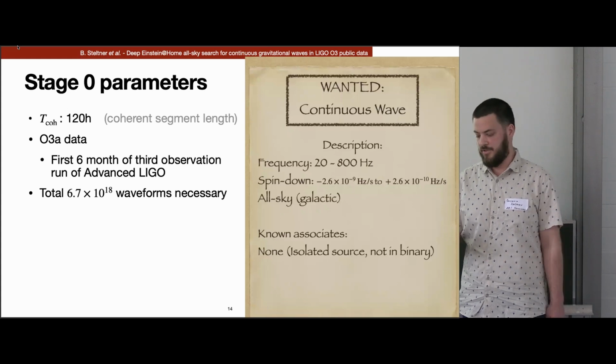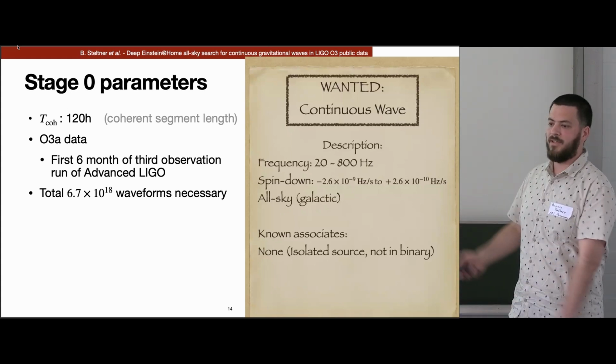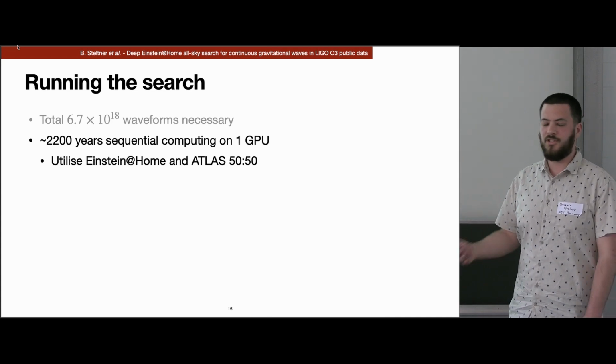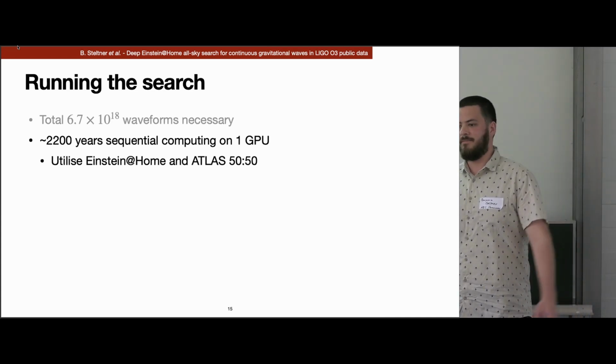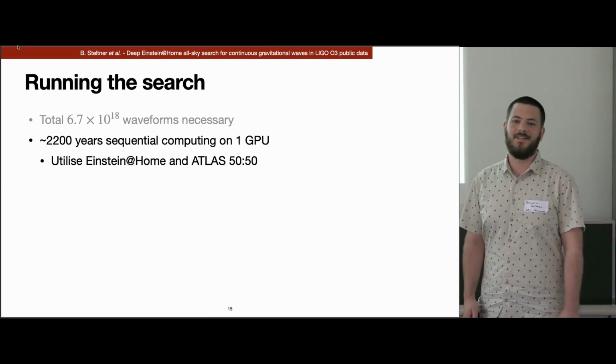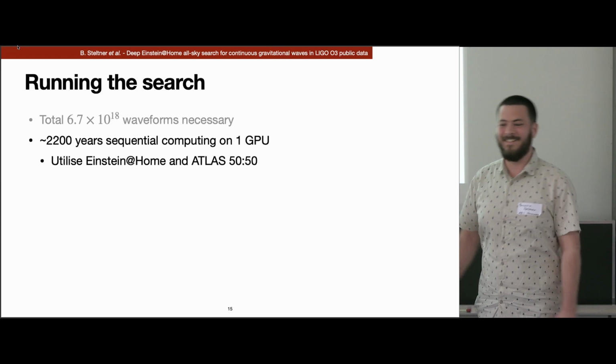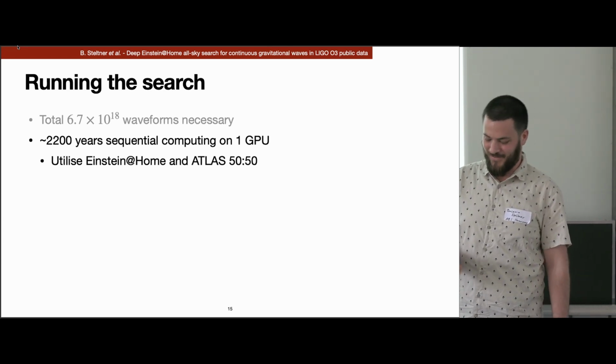If we would have run that on one GPU, sequentially, we would still basically wait 2,200 years for that to finish. So, I mean, I want to grow old, but we need to publish papers fast, so